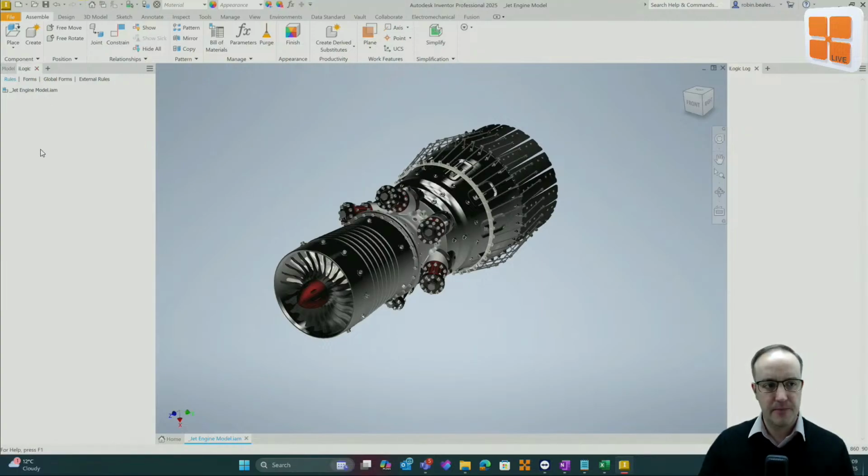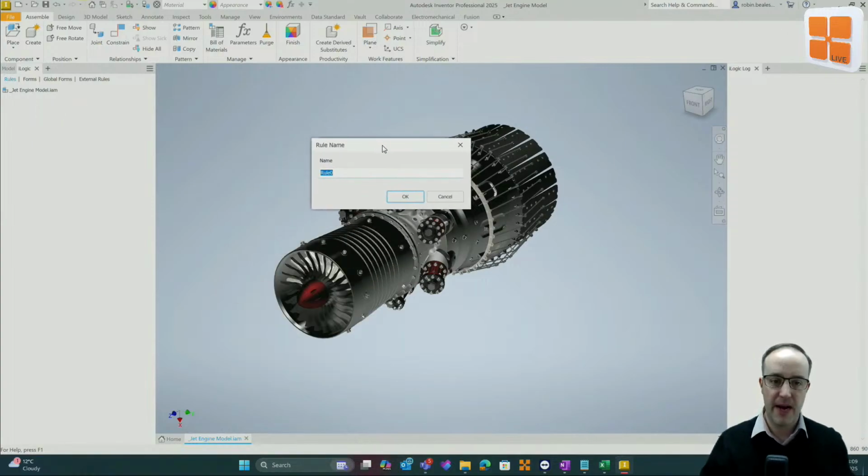Once within iLogic, we've got rules that exist within the document, forms that exist within the document, forms that exist externally and can be accessed by several documents, and rules that exist externally and can be accessed by several documents. For the purpose of today, we're going to focus on internal rules only. So I'm going to go to my Rules tab, and I'm going to right-click and say to add a rule. Inventor's going to prompt me for a name. So I'm just going to say my first